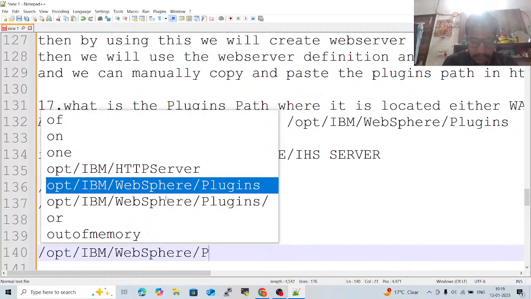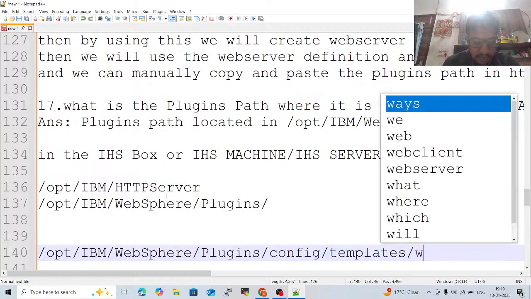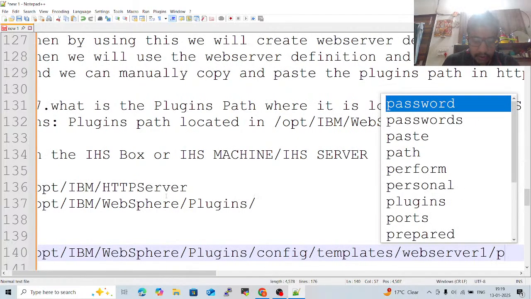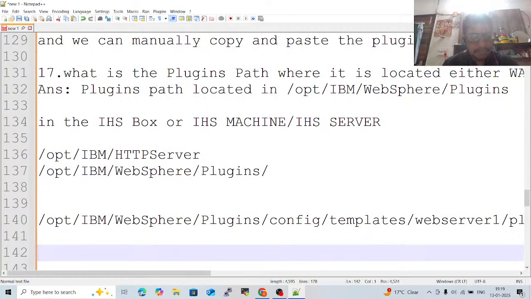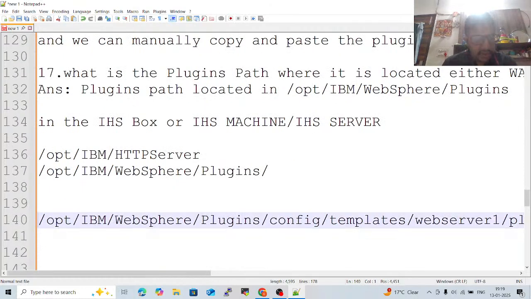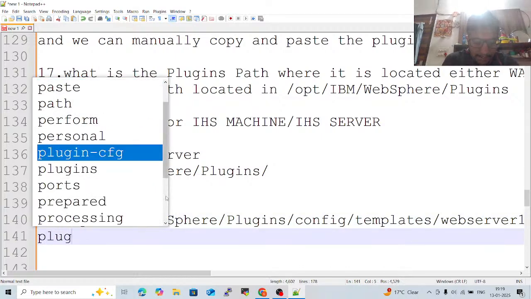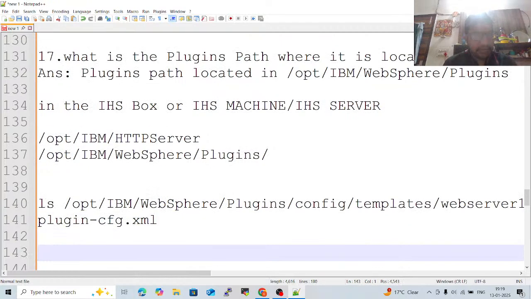Under WebSphere plugins, under the config, under the templates, under that web server definition, the plugin-cfg.xml file is located. Or we can type ls. It will get plugin-cfg.xml. It will get the file like this. Okay,